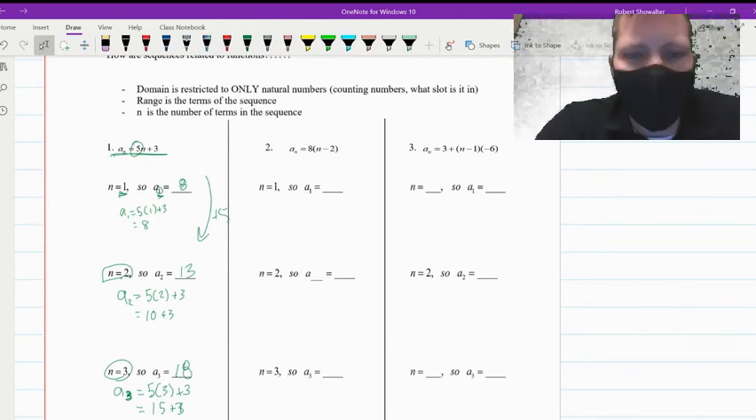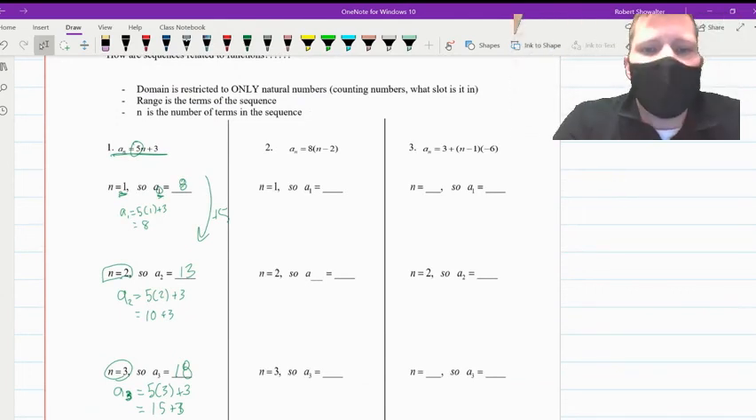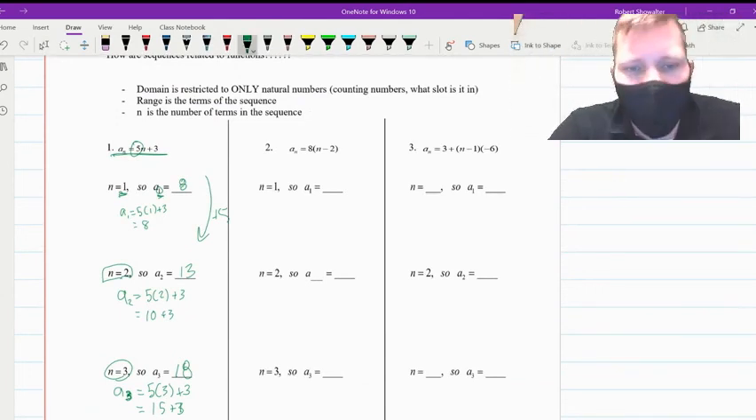So let's take a look as well. A sub n, if this is our rule for our for